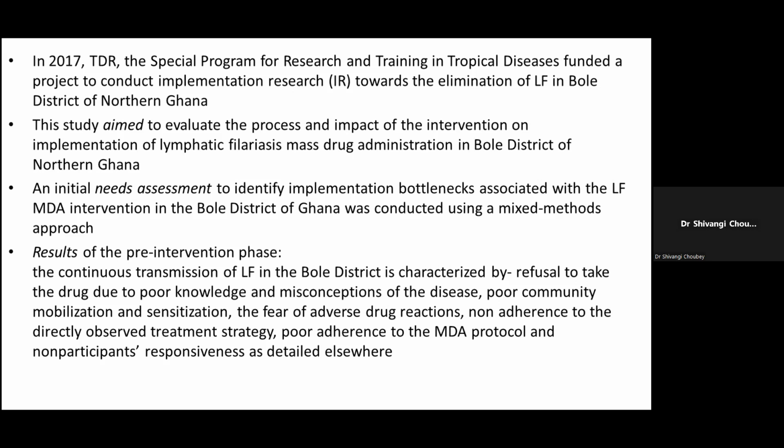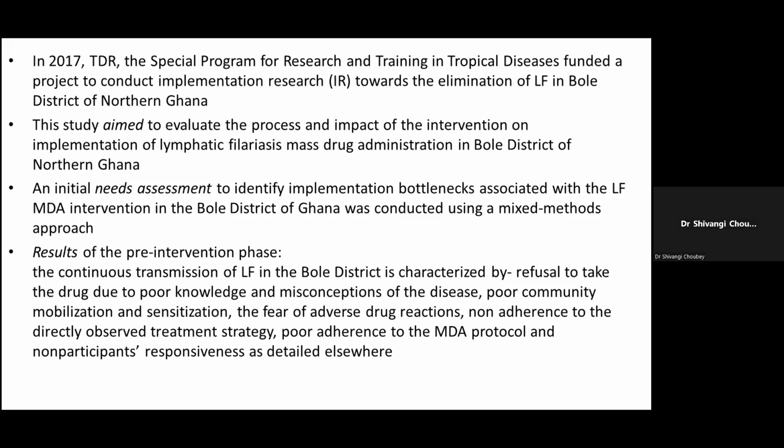So they did an initial needs assessment to identify implementation bottlenecks associated with the lymphatic filariasis mass drug administration intervention. So what are the implementation bottlenecks associated with the mass drug administration, which was conducted using a mixed method approach. The results of the pre-intervention phase showed that there was refusal to take the drug due to